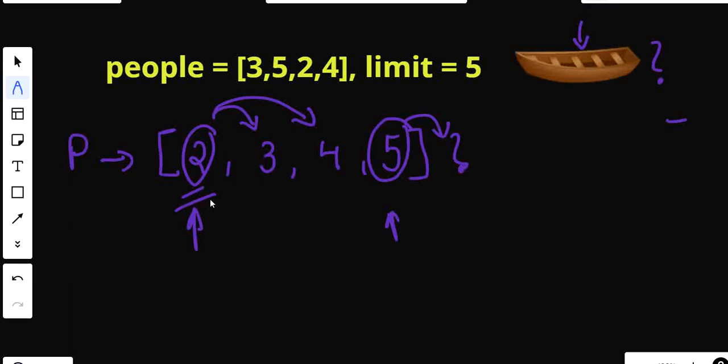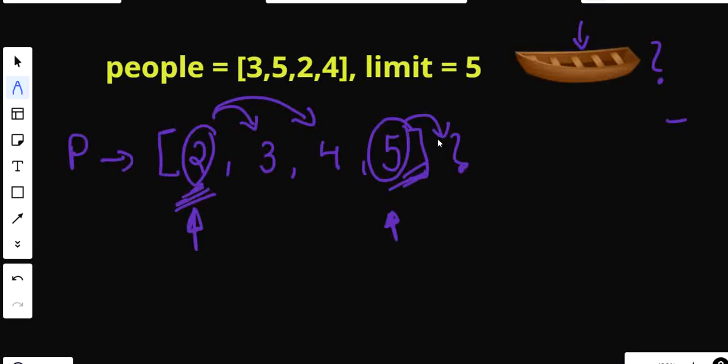And we know that our array is sorted. So in this manner, we can always check the pairing with the lighter person and the heaviest person. So if I have to solve this question, then what I can do is I can use 2 pointers. One will take care of the lighter people and one will be taking care of the heavier people. And in this way, I can simply pair these 2 weights and I can check whether the heavier person can be paired with any lighter person or not.